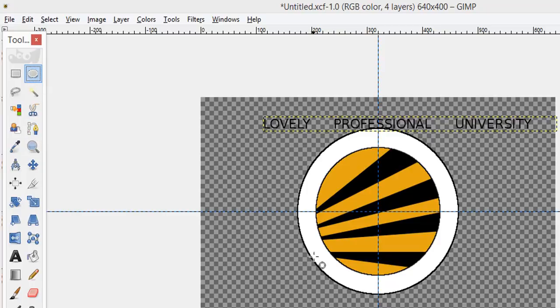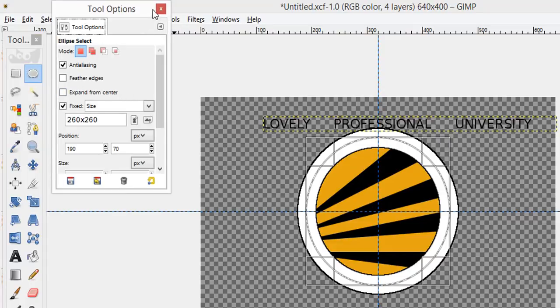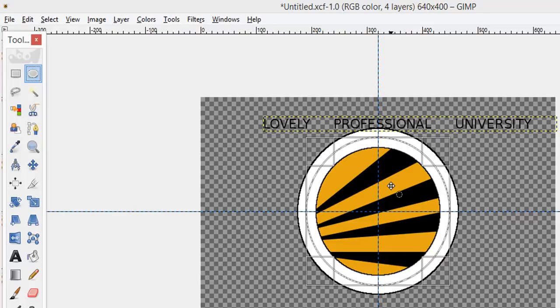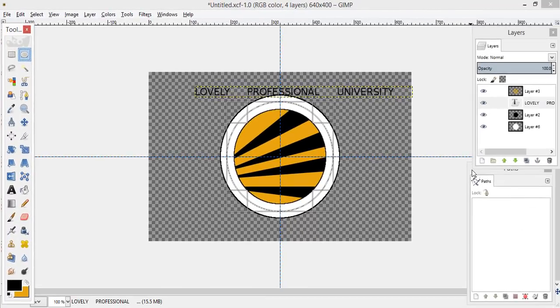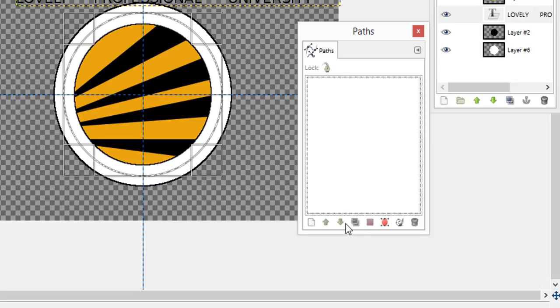So simply choose this ellipse tool. If I go over here, okay, this selection is perfectly fine because I fixed the size over here in the same manner as I did earlier. And you can see this is perfectly at the center, and when I write the text, it will be written on this line. This will be the center of the text. Okay, so when I go over here in the path section, you can see just at the bottom there's this option,